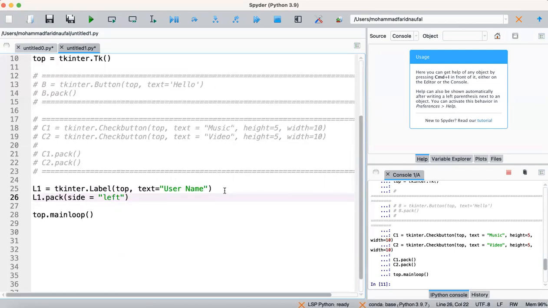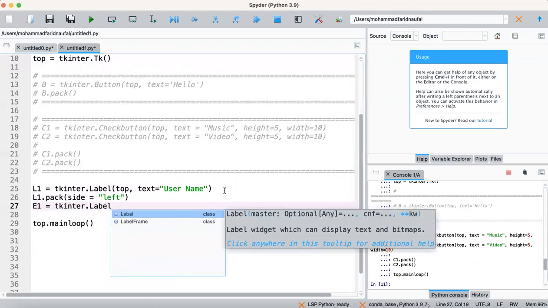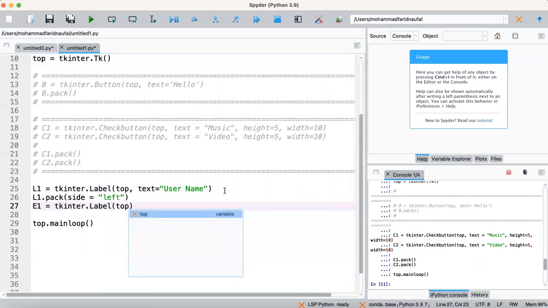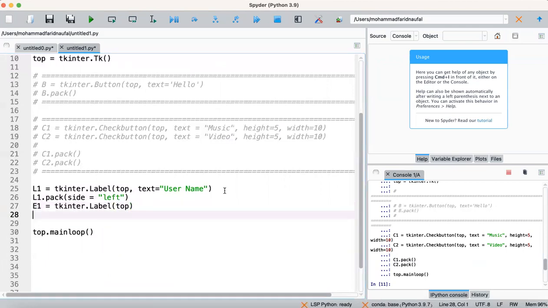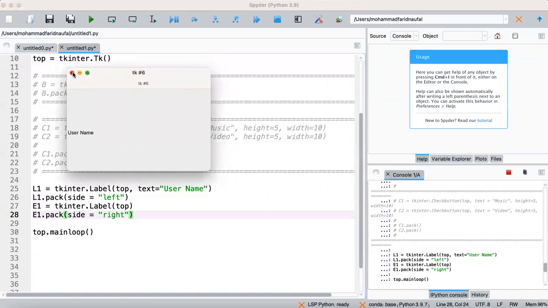Then E1 is the entry. We call tkinter dot Entry and top here. Then we call E1 dot pack, and for the side, we put it also to the left, so it will be placed beside the label L1, right? So we can just run this code.